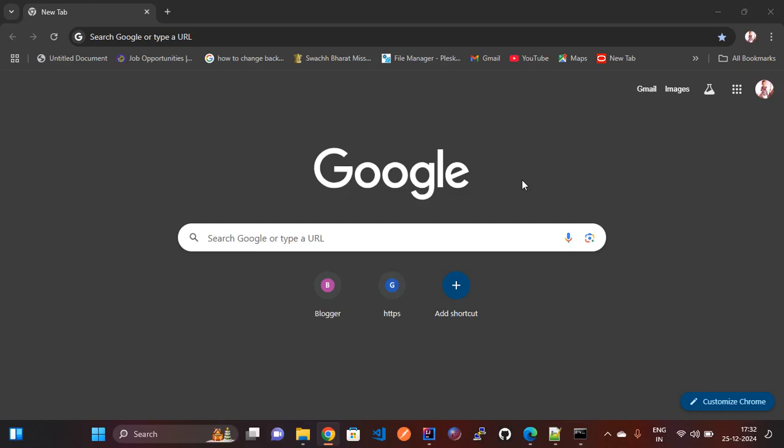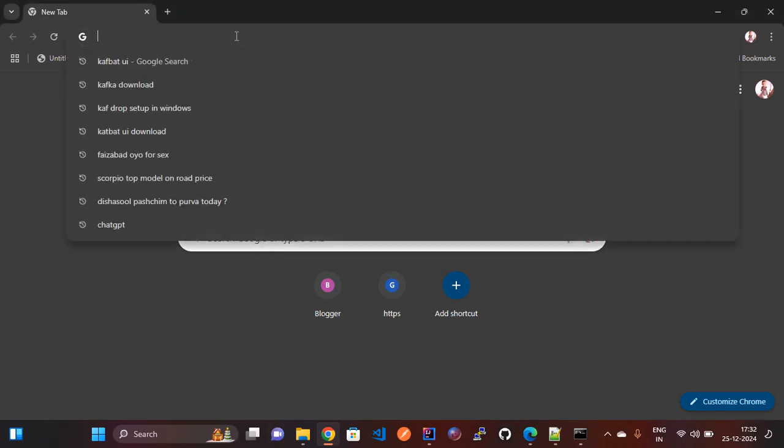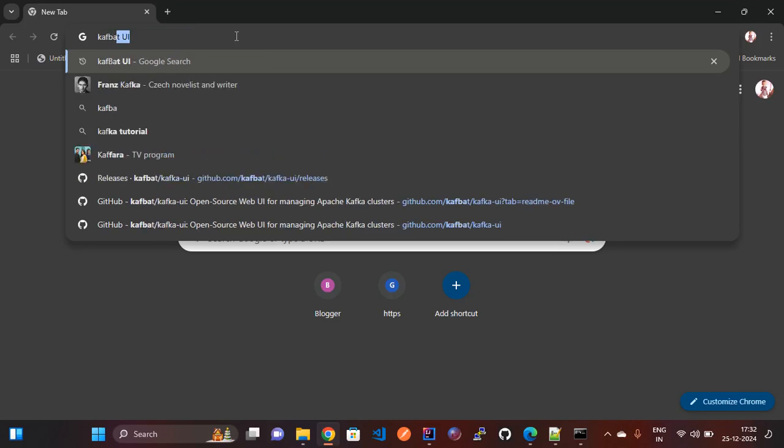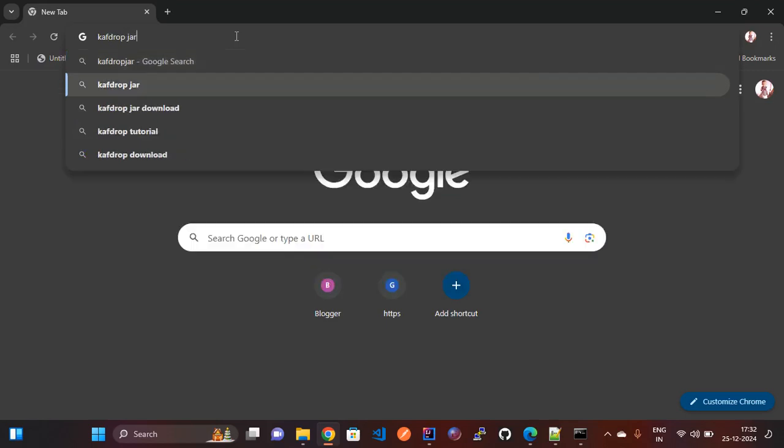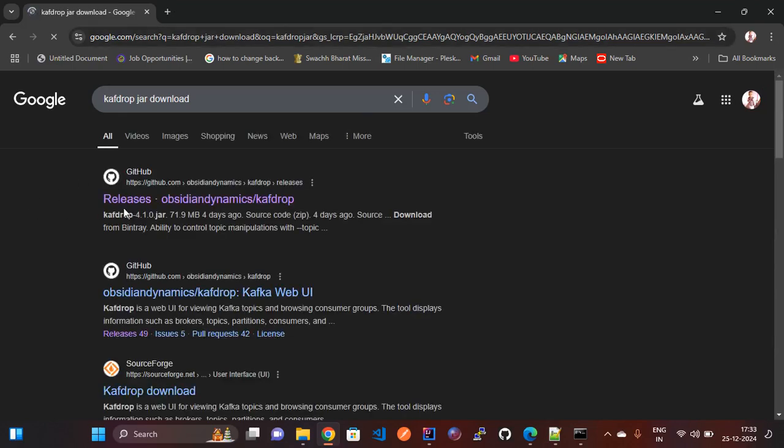For setting up the Kafdrop UI, we need to download the Kafdrop jar file from the Chrome browser. So I am going to search Kafdrop UI Kafdrop jar download. After that, you will see one GitHub URL link appear. So clicking this URL